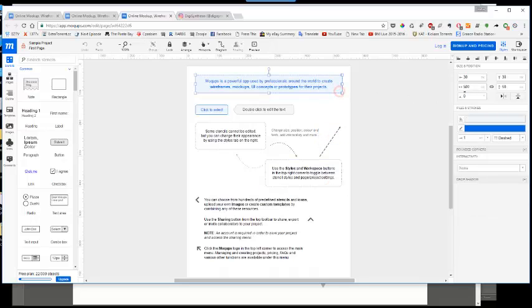So there are some common elements. The first thing you'll always notice is the dimensions. It'll give you here the width and the height. This will tell you how many pixels away from the left margin and top margin this box is. So if I move it, you'll notice these values change. In the top left corner here, you'll see that it snaps in place with these pink guidelines. When I move it to 0,0,